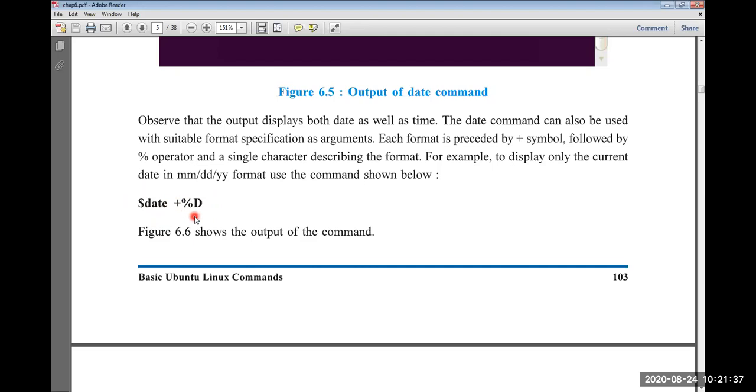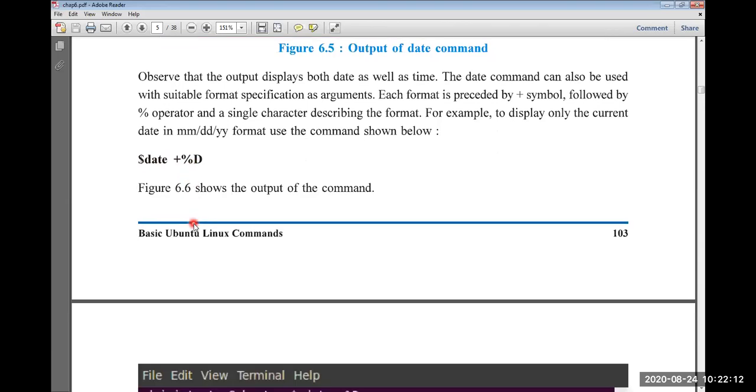If you type a command in capital letters where it should be small letters, it means something different. So be careful whenever you use any command, and give it exactly as shown. Here we have given date plus percentage D.